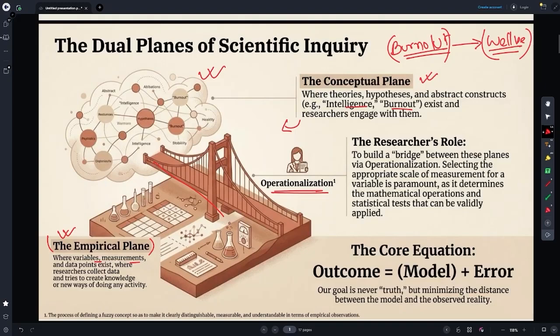And the next important thing is this simple but complicated equation. If you understand every element in this particular equation, you will complete your research very efficiently. Now let's understand this as simply as possible. First one is the outcome, which we can say is your DV. Now this model